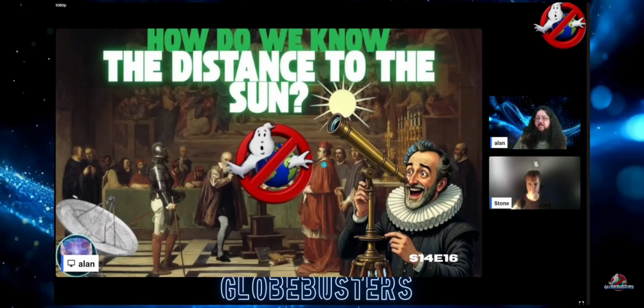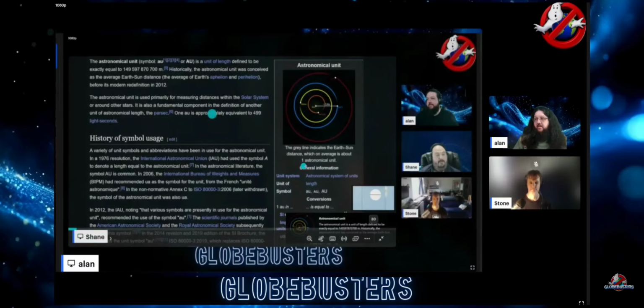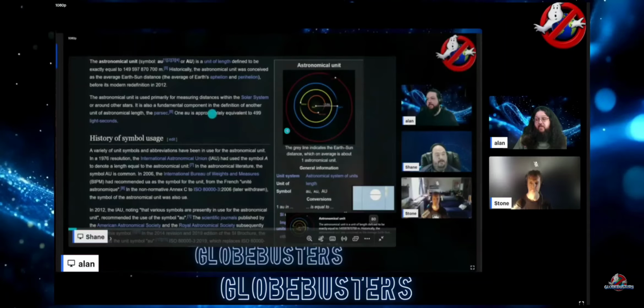And then we get into the distance of the sun from Shane for episode 16, which was great because they end up using that fictitious observer again to link that radius value, which describes the angular descent rate of the stars, to create the 15 degree per hour relationship for the angular descent. They use that radius value to then define the astronomical unit.